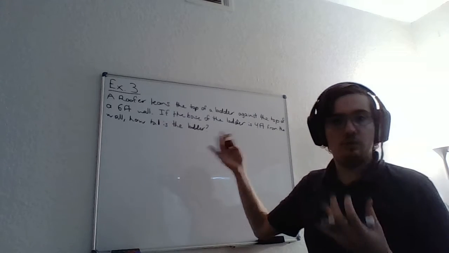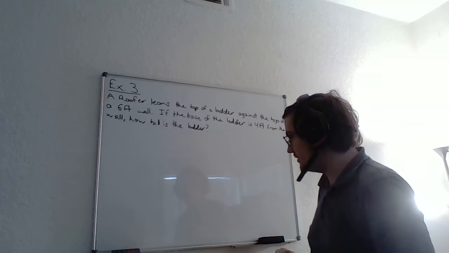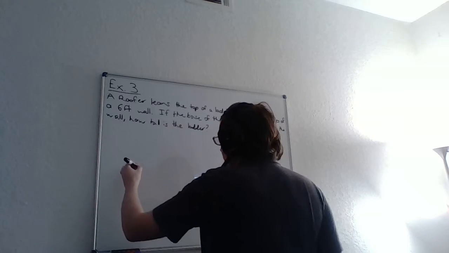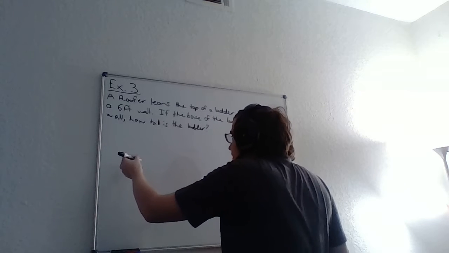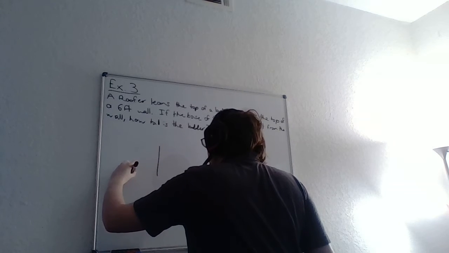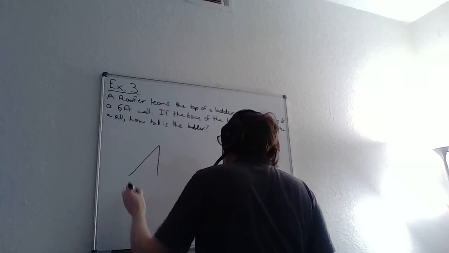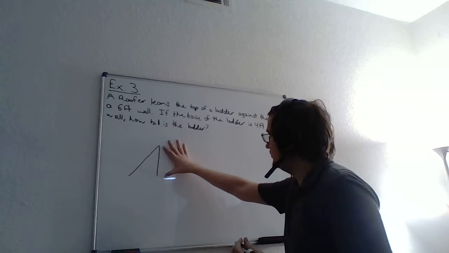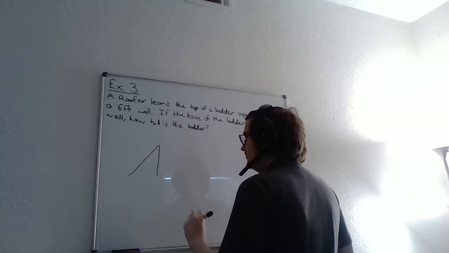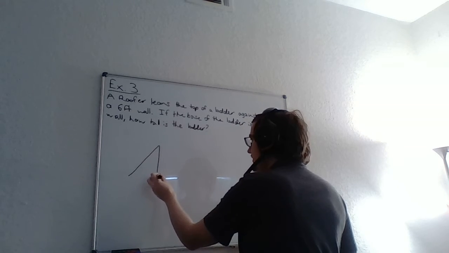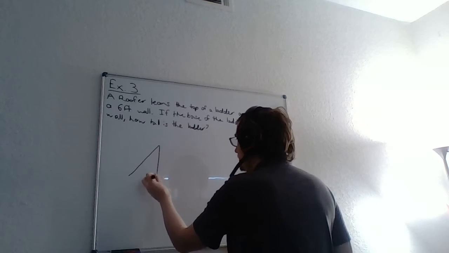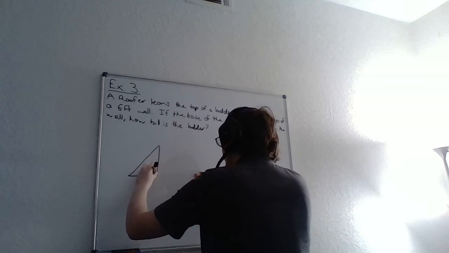Since now we are working with physical pictures, physical objects, we can draw nice pictures of them. It's not art class, it's math class, so we don't need to be too pristine with our drawing. All I'm going to do is draw out like that. Here's the wall, and here's the ladder touching at the tip, and then what you want to notice is, first off, this wall is straight up and down with the ground, so that means that there must be a 90-degree angle here.